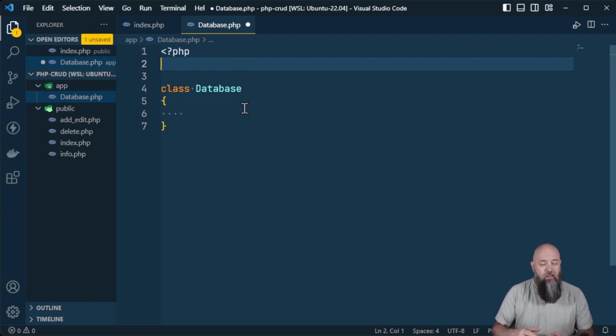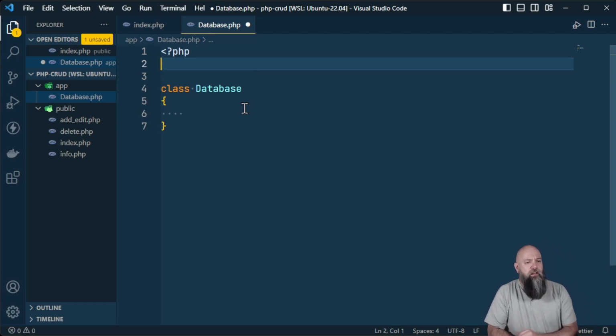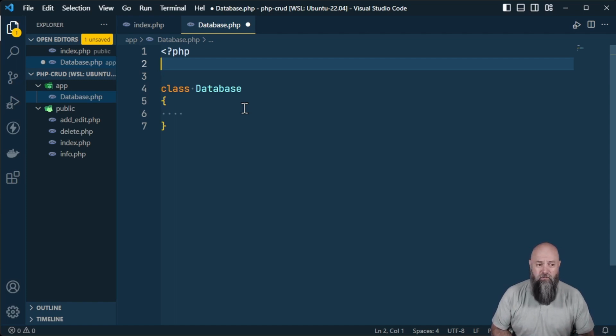Sometimes you'll call in a database function that may be in a different namespace, and that allows you to have multiple different calls in different areas. It's kind of hard to explain because we're pretty rudimentary with PHP right now. But just think of it as a foldering system to organize your code